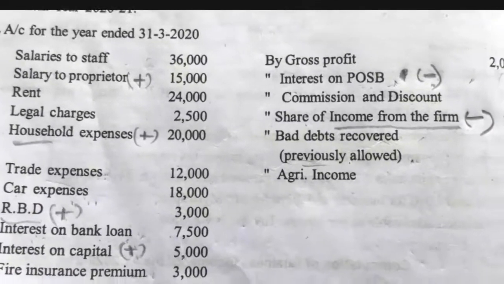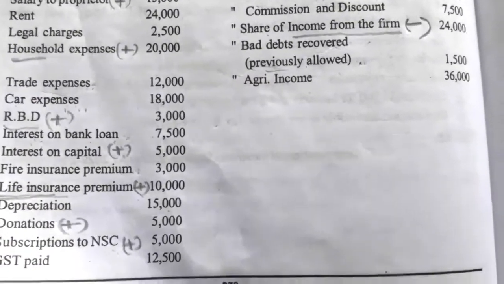The reason is, for example, take bad debt allowed in the previous year, meaning an earlier year. Bad debt in the earlier previous year is 10,000. In the profit and loss account, we have recorded 'to bad debt', which means it was allowed in the previous year. So what is bad debt? It is a debt where the assessee thinks that the amount the business is going to get back in the future, they are not going to get it back. It becomes bad.